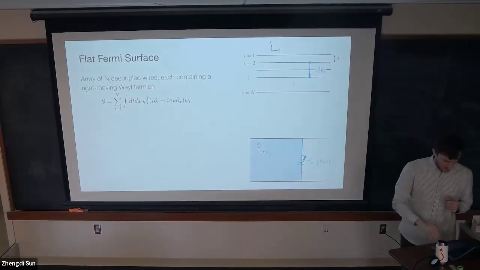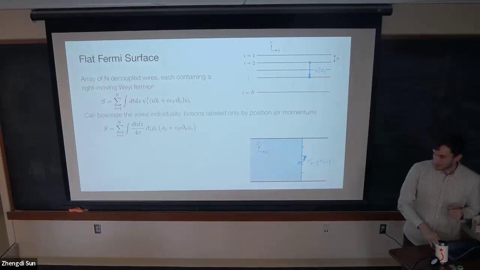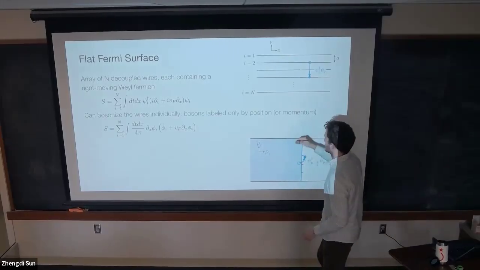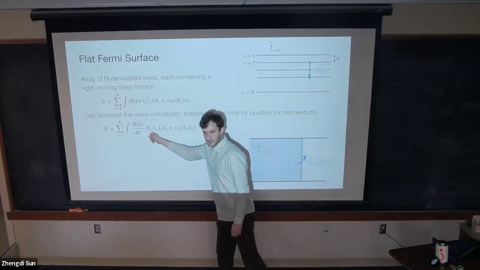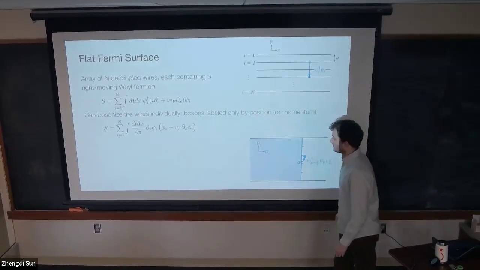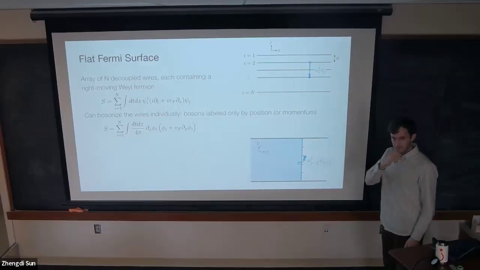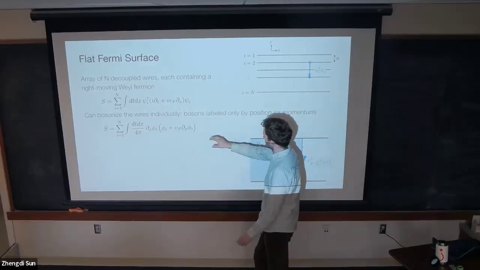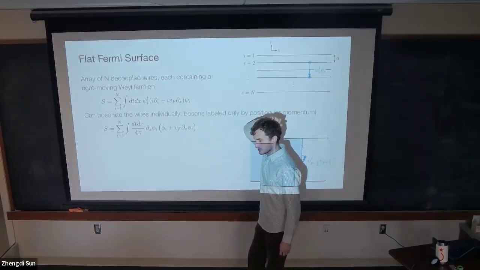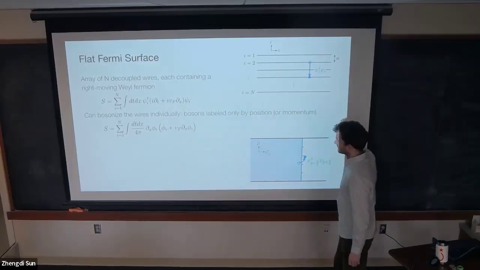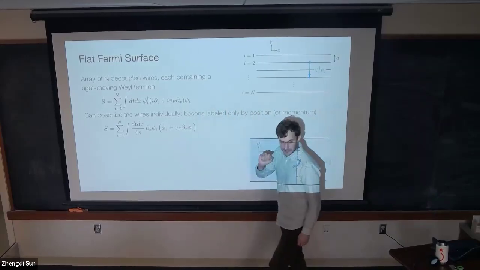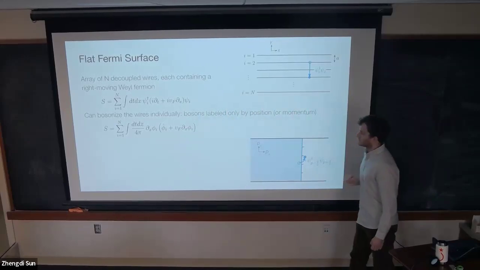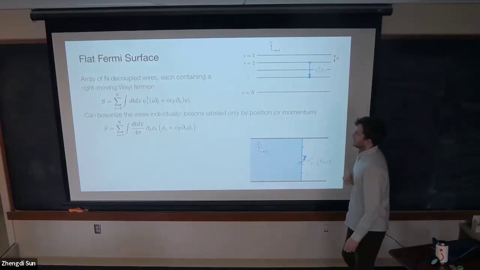In fact, there are many ways to bosonize this description. One thing you can certainly do is bosonize each wire individually. This will give you a single chiral boson labeled by the wire. This is basically a chiral version of the duality I showed earlier, just the right-moving boson. Notice that the boson has a single wire index. I really took every wire and bosonized it individually. But